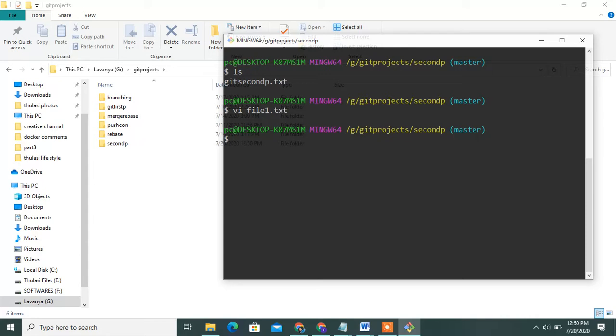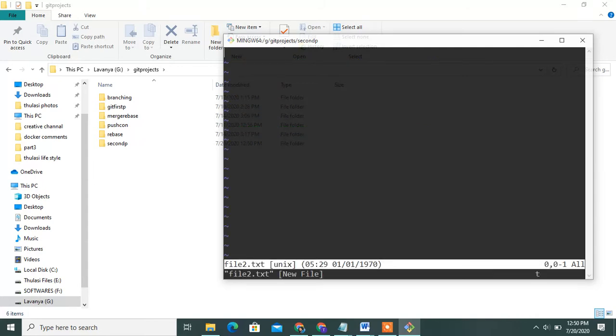Then create another file, file2.txt. Insert mode, then write the content.